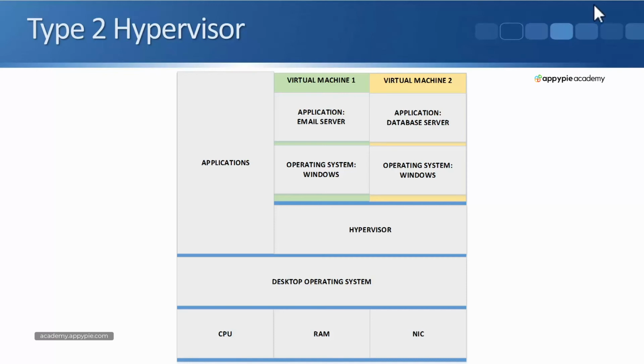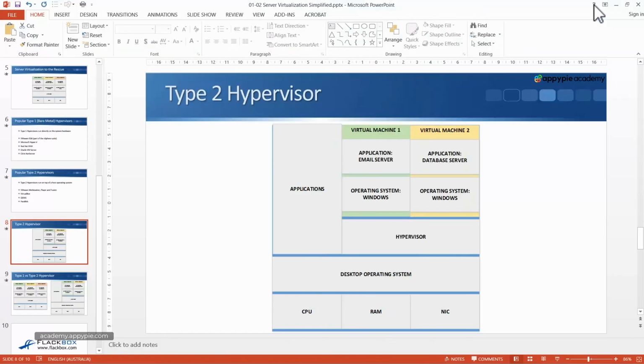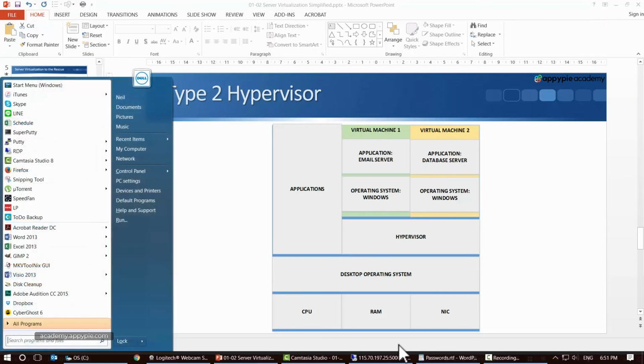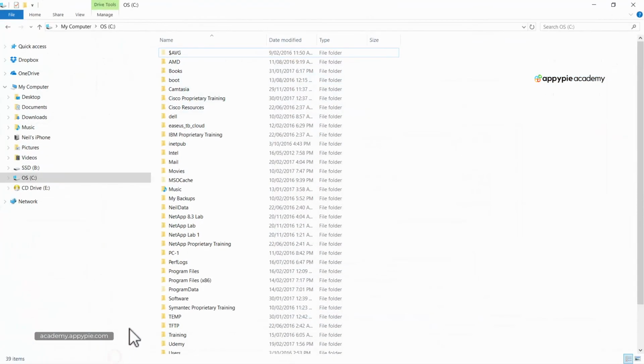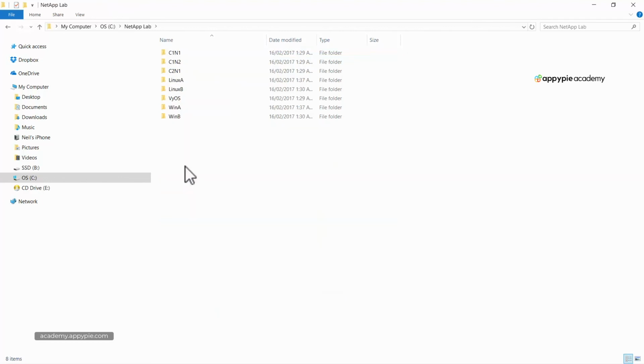So I'm on my normal laptop here. It's the same one that I'm recording this video on. And if I open up Windows Explorer, if I can find it, here it is. I've actually got a Type 2 hypervisor already installed on here. I'm using VMware Workstation, and I've built some virtual machines on here for a different course that I wrote. So let's go into my NetApp Lab folder, and you see I've got a whole bunch of different virtual machines